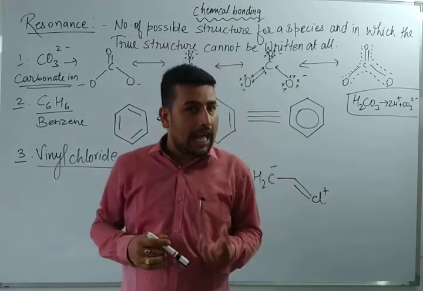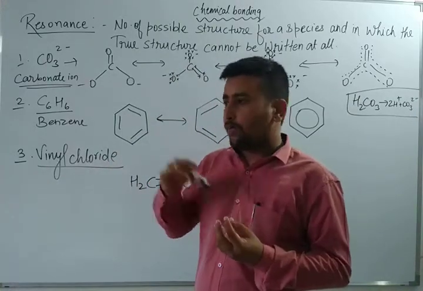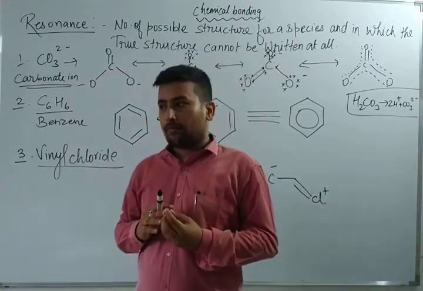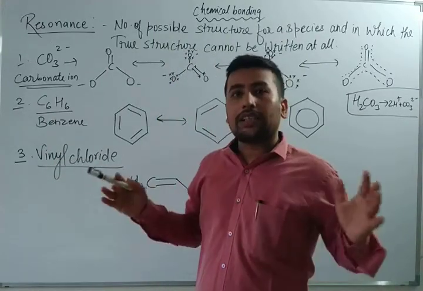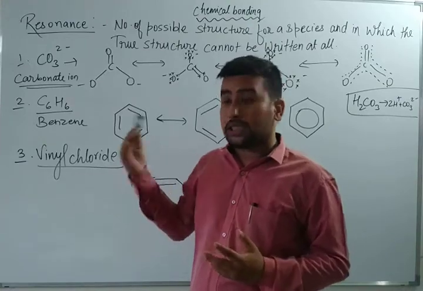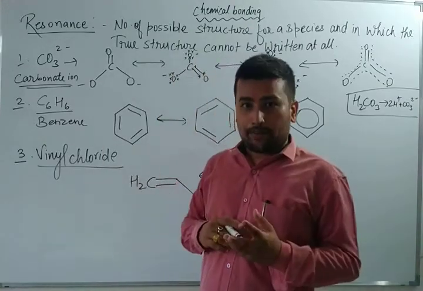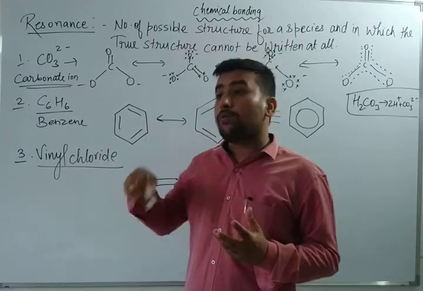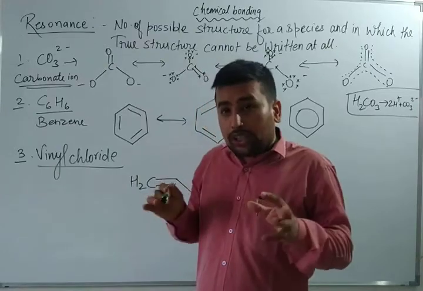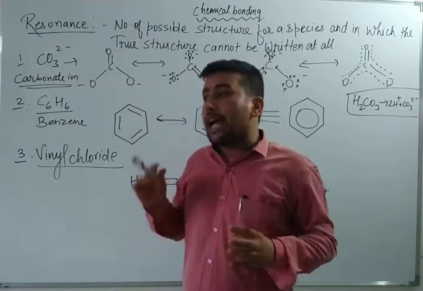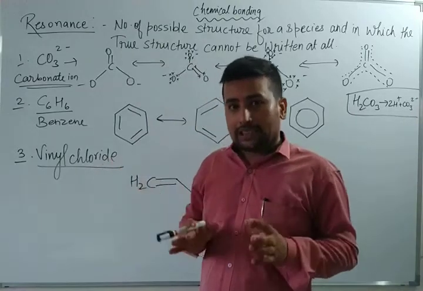If the nucleus has 5 protons and 5 electrons, and I give it 6 electrons, then the atomic size will increase, as I told you in the periodicity chapter also. Why will it increase? Because the number of electrons is increasing and the number of protons is fixed. If I remove electrons, the atomic size will decrease, because the nucleus attracts the remaining electrons and the repulsion between the electrons becomes less.